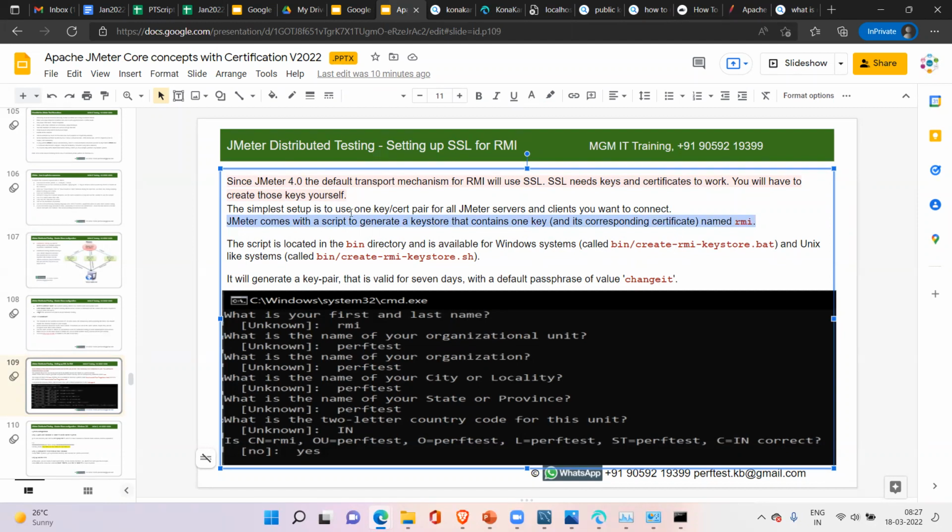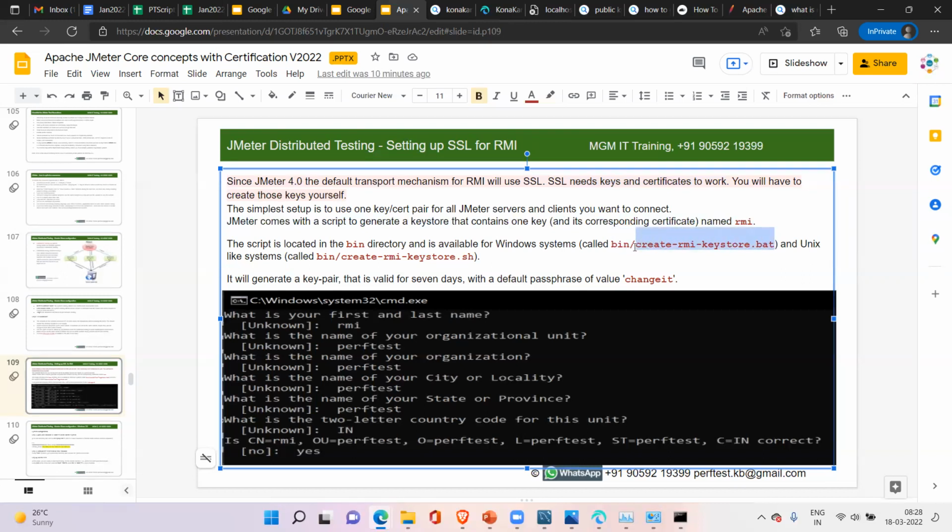One key named RMI. JMeter comes with a script to generate a keystore that contains one key and its corresponding certificate named RMI. You need not remember all this, but you should remember that JMeter comes with a script located in the JMeter bin directory, available for Windows systems. In the bin directory, we have a file called create RMI key store.bat.